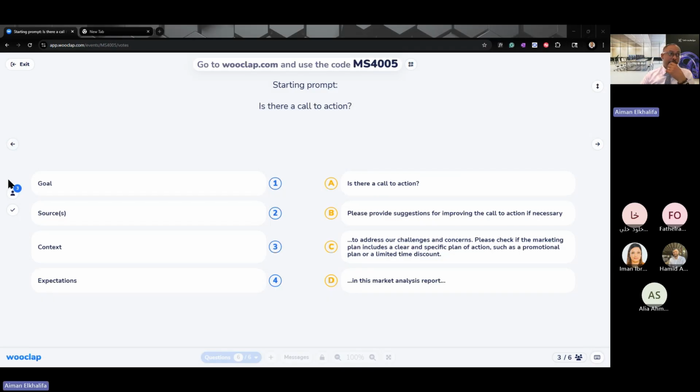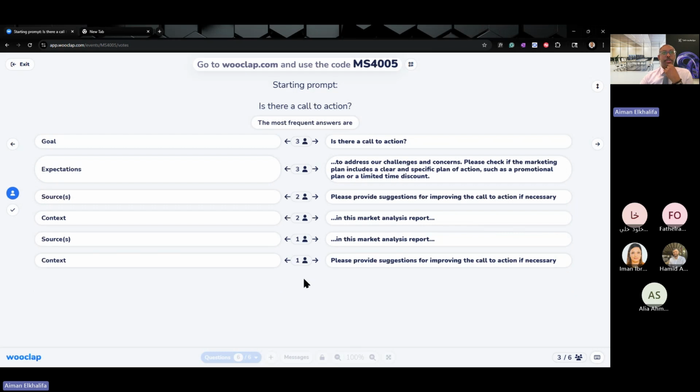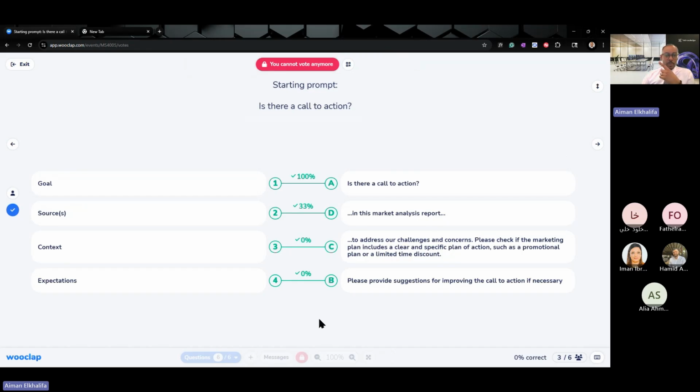So what's going on here? We got the three of them. Let's see the combinations you came up with. Oh, you kind of agreed this time, except on the source and context. Okay. Let's see it. That's the final one. That's the correct one. The goal is a question: is there a call to action? That's the goal that you want to achieve. But why? Well,